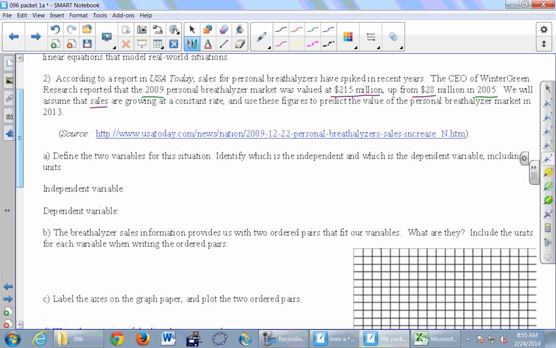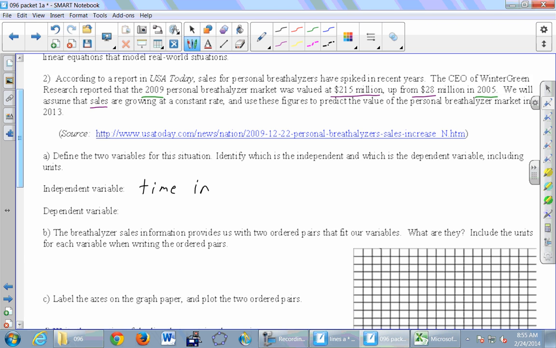Which one feels like the independent one? It's time. If time is in a problem, it's almost certainly the independent variable. Time just moves along, could care less about what this company was doing, but as a result of time passing, the amount of money that this company generates changes. So independent variable is time